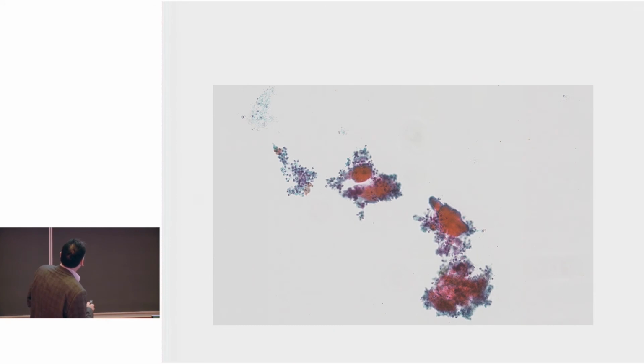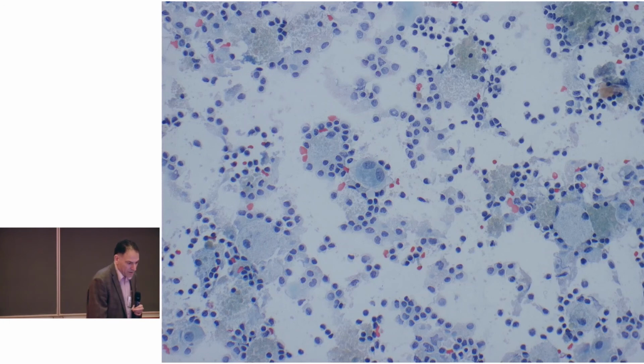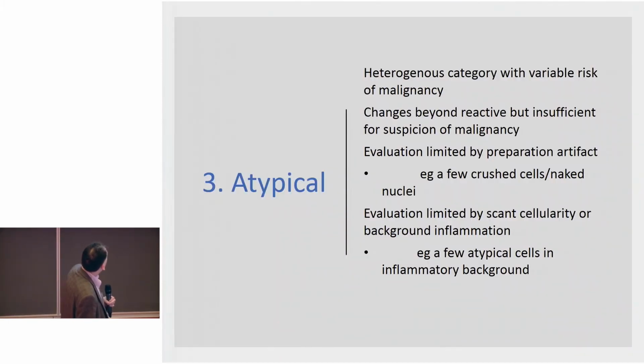And you sometimes see this sort of appearance where you get inflammatory cells, and you get these hyaline globules, which may be indicative of coming from a calcific pancreatitis. And this is a clot of one of these showing similar things. So you've got some reactive epithelium there, and some of these hyaline globules, which are probably from a chronic pancreatitis. And this is just showing some histiocytes and inflammatory cells from a cyst.